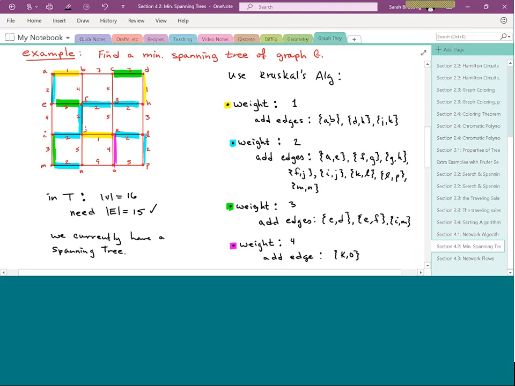Now, there's a second way of finding out whether we can stop or when to terminate this Kruskal's algorithm or if we have a spanning tree. And the second way is check out all 16 of those vertices. Okay? We already know that none of the edges form a subcircuit, so we know this thing is a tree. The only question right now is whether it's a spanning tree. So if you look at all of the vertices, in order to be a spanning tree, your tree has to include all of the vertices,